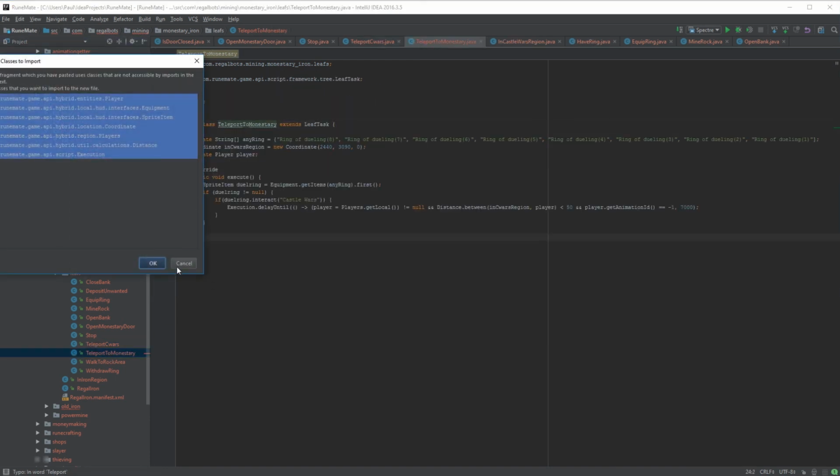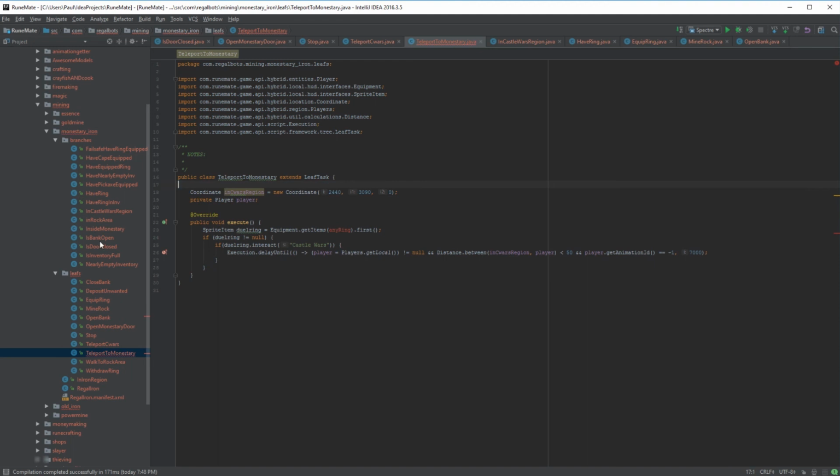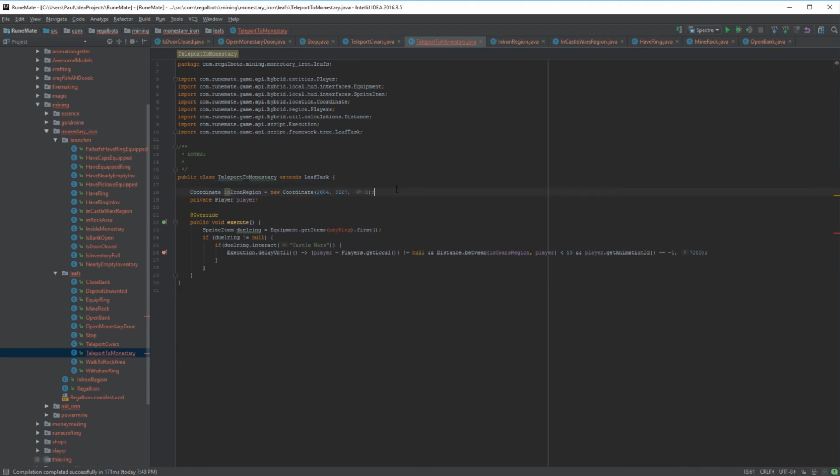So I will copy paste this over. We want to import all of these things. So we don't need any ring. Instead of the Castle Wars region, we want to see if we are in the Iron region. So I will copy that over. Change this. And rather than a ring, we are now looking for a, let's see,